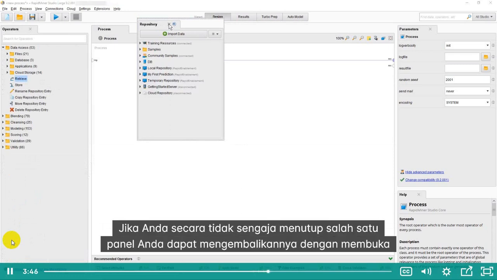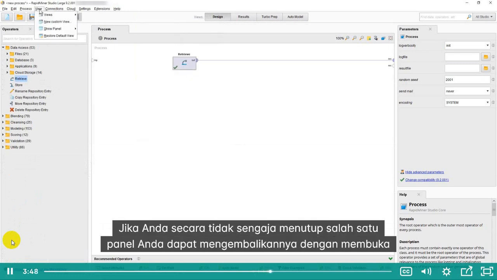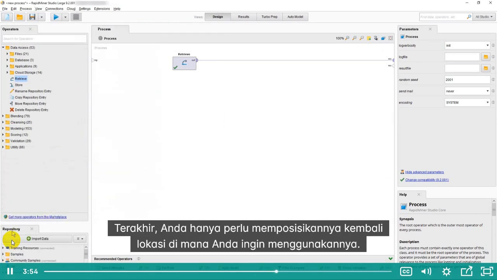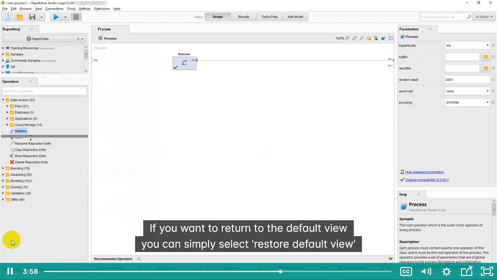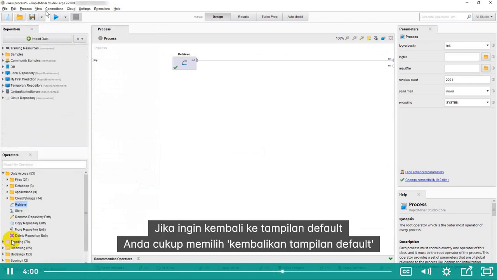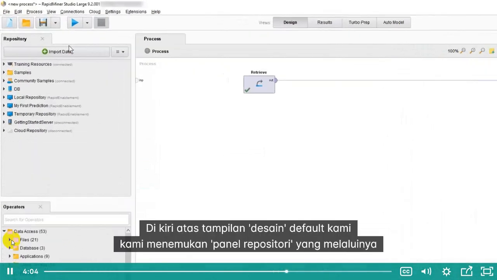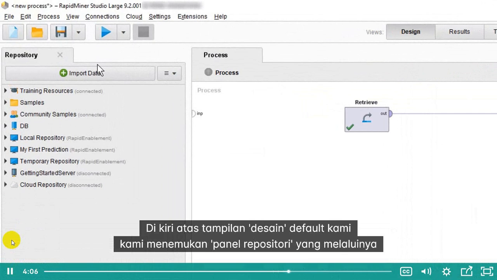In case you accidentally closed one of your panels, you can bring it back by opening the View menu, Show Panel, and then we select the panel which you closed. Finally, you only need to reposition it to the location where you want to use it. If you want to return it to the default view, you can simply select Restore Default View from the View menu. In the top left of our default design view, we find the repository panel, through which you can access